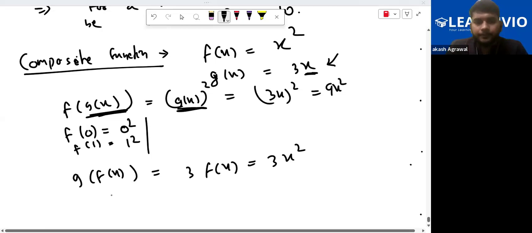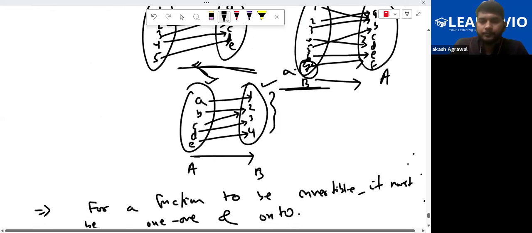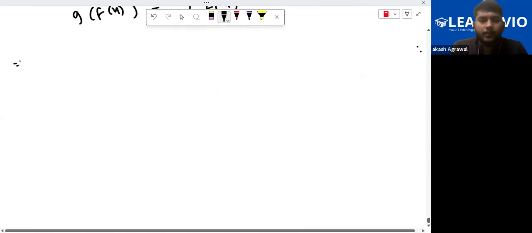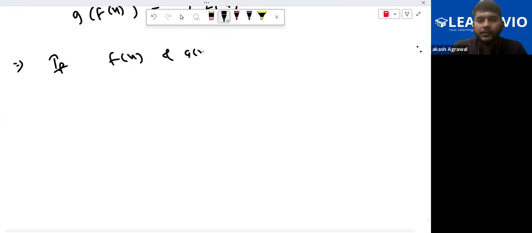Note down. f of x and g of x are two functions